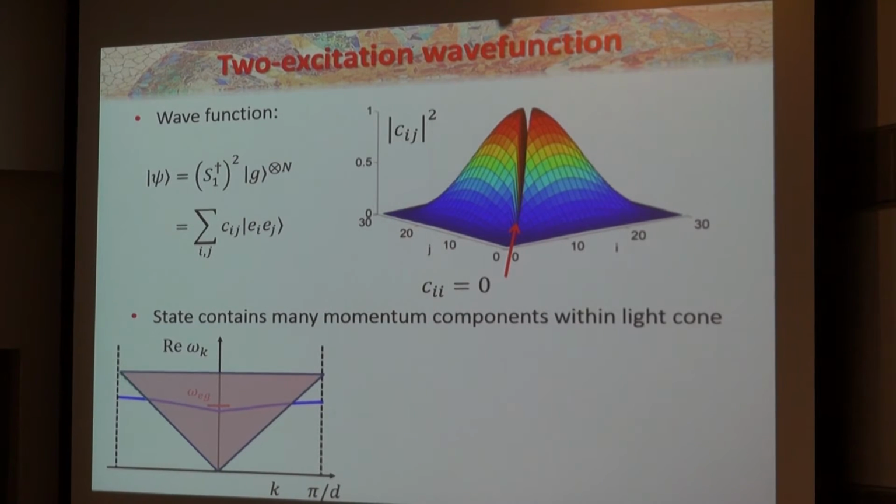The problem with that is, I argued before that the origin of subradiance is that you have k vectors that sit beyond the light line. And anytime I have a wave function with a sharp cut in it, like a discrete delta function, when I Fourier transform it, it has wave vectors everywhere in space. So this 2 excitation wave function actually leaks strongly back into the light cone. First of all, it's not an eigenstate, but you can calculate the expectation value for the decay rate. And you indeed see that most of the subradiance is lost. It's not 1 over N cubed anymore. It actually increases to being 1 over N.